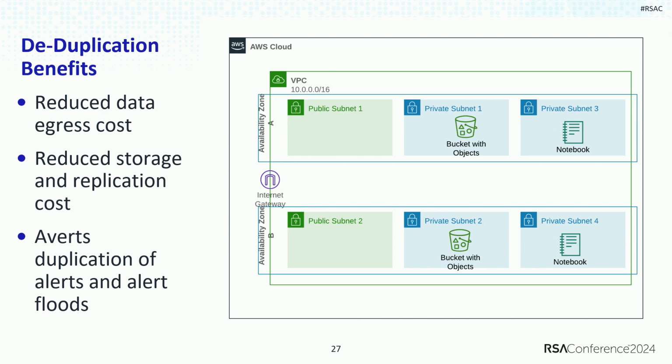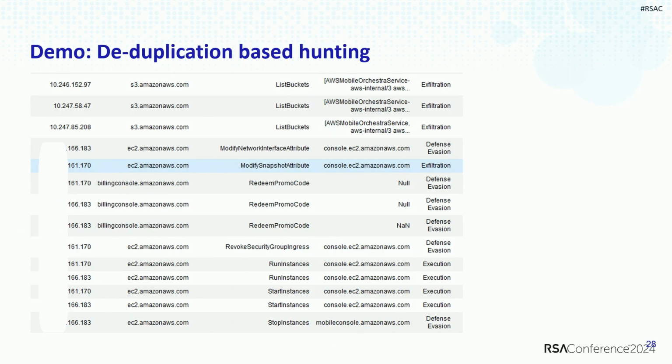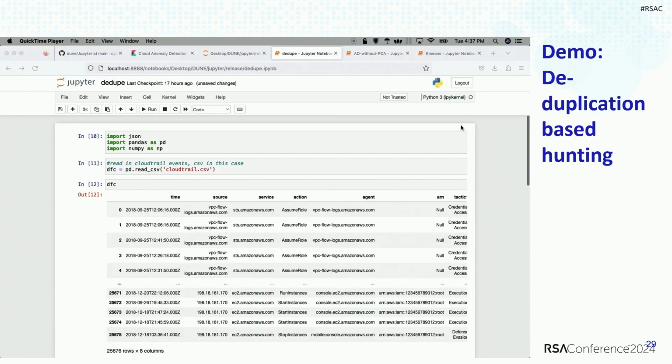And so one way I thought about doing that is, if you look at CloudTrail events, there's a lot of duplication. There are a lot of events that have identical values in the fields. And those can be deduplicated. What I mean is taking the fields that repeat and deduplicating or compressing those. In this case, this is what it looks like.